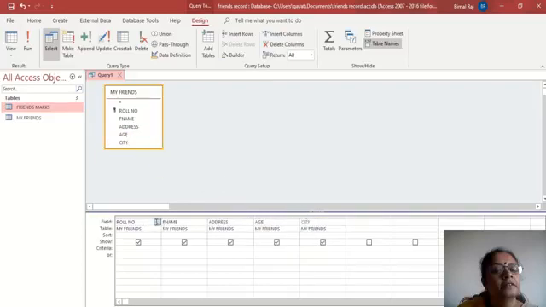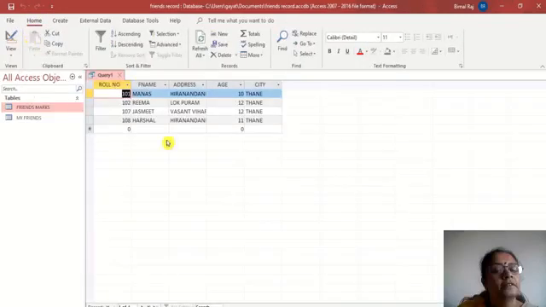We can also do it from here. Click over here and select the fields. That also we can do. There are two methods of doing it. Now what is the criteria that has been asked for? We need to display only those friends whose age is less than 13. So in the criteria line here I will say age less than 13 and click on run. Now it will show me only those friends whose age is less than 13: 10, 12, 12 and 11.